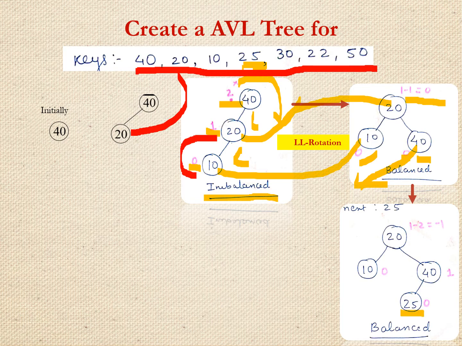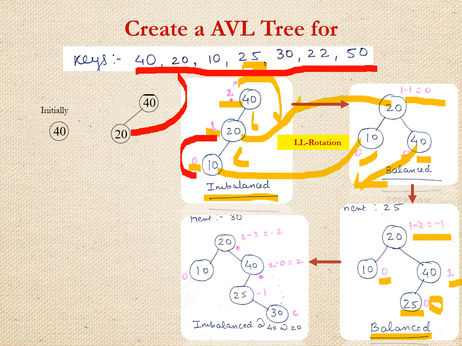Now please verify after the addition whether it is balanced or not. So yes, for the leaf node it is 0. Then again it is 1. Here the leaf node is 0, and for the root node, the left subtree is 1 and the right is 2. So 1 minus 2 is minus 1. So yes, it is 1, 0 and minus 1. That means it lies in the range for the AVL tree: 1, 0 and minus 1. So the tree is balanced. You can proceed; there is no need to balance it again. So proceed further for the next element to be added.